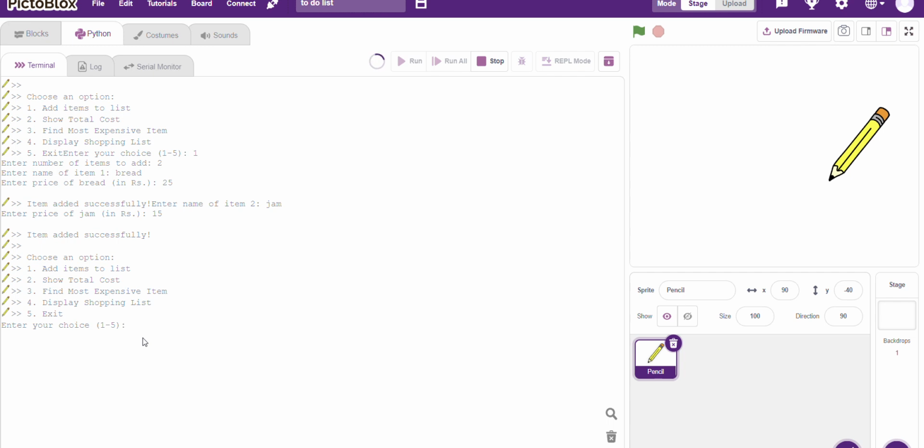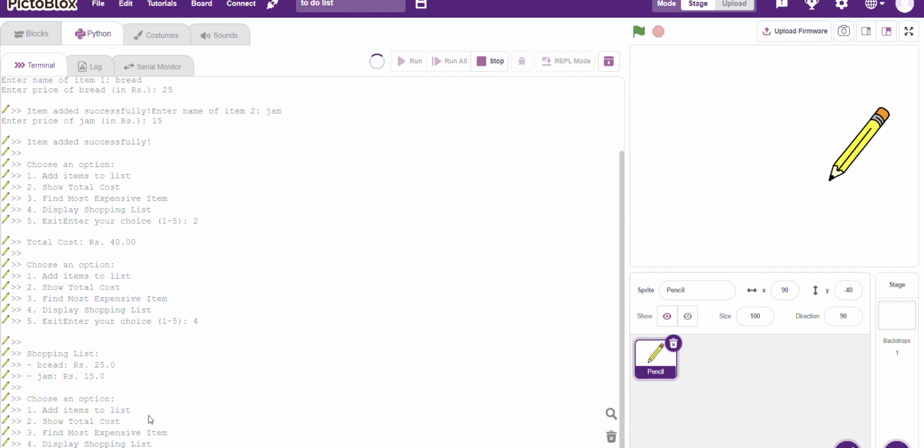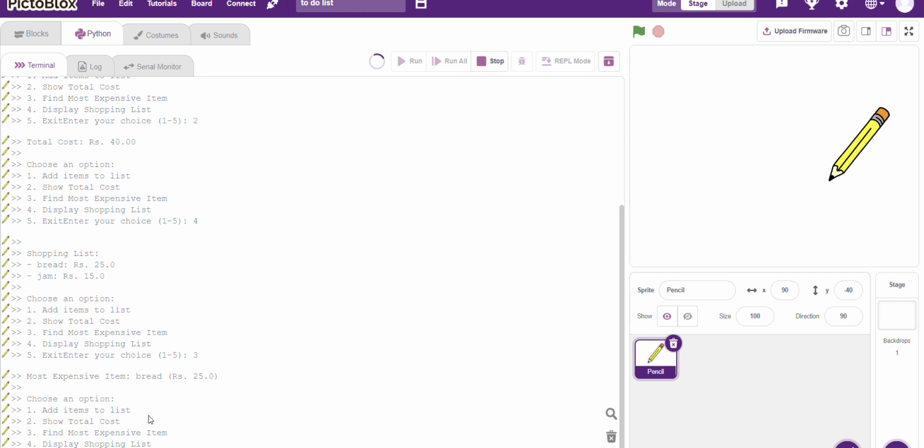Now let us display the total cost. For that we will be pressing 2. So the total cost is 40. And to display our list again, we have to press 4. This is how our list will be displayed. And to find the most expensive item, we just have to press 3. And here we get the most expensive item in the list. In this way we can create our list,